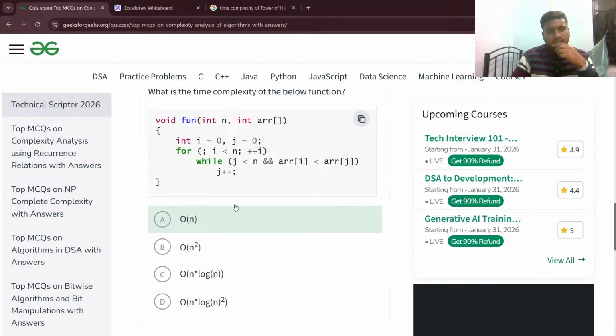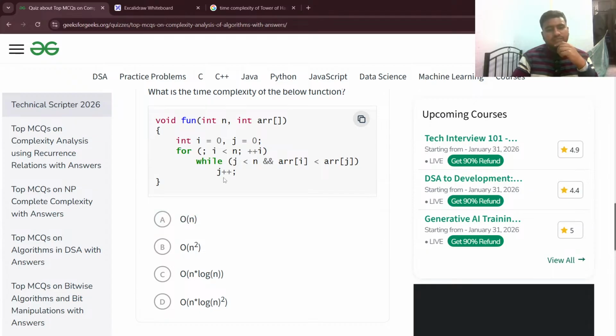Let me check how much time this will run. But the j value is not updating now. The j value is constant. The value of j is only updated once. Basically, once the value of j reaches the end, there is no condition for which this inner loop works. So basically, the time complexity would be big O of